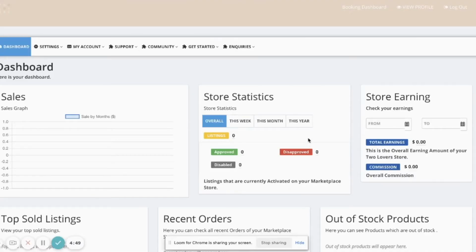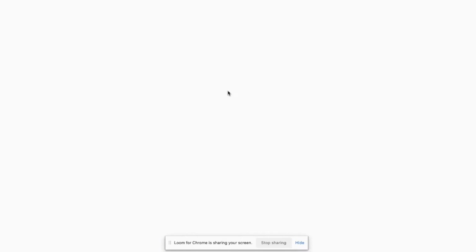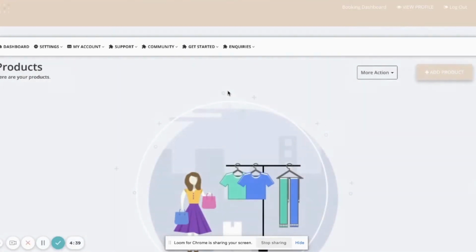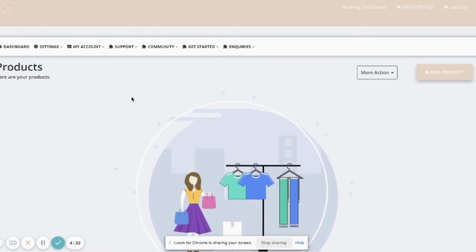So the next step is adding in your packages or your service listings. We're going to go to the Get Started tab again, and we're going to go to Create Product/Service Listing. So this is the page. Once you upload a few of your packages or a few of your listings, it's going to list here, but because we don't have any just yet, we're going to go